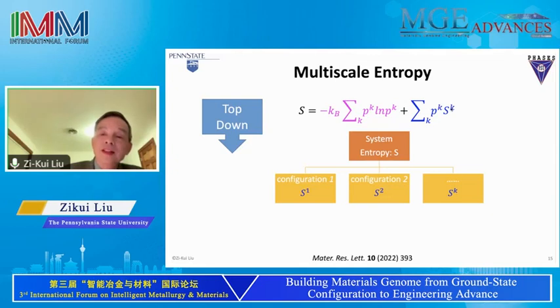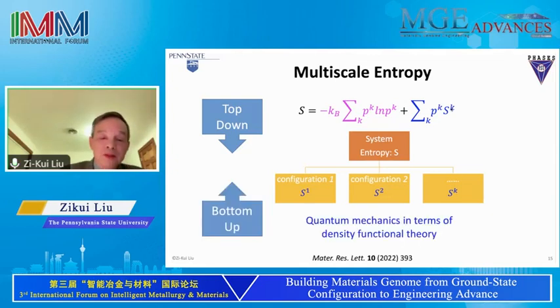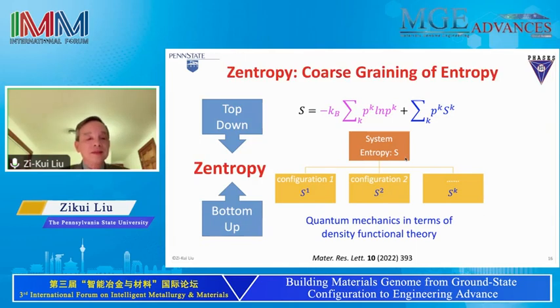And how do we get this one? Exactly, we talked about it before. We can do DFT calculations. Okay, so that means if we get the entropy of each configuration, and then take the statistics together, then we get the complete entropy of the system. So when I give a talk to people, people say I should call this the partition function for entropy, or coarse-graining of entropy. So we did that one. Actually, in 2008, we did the first one. But it took a long time for us to fully understand it.